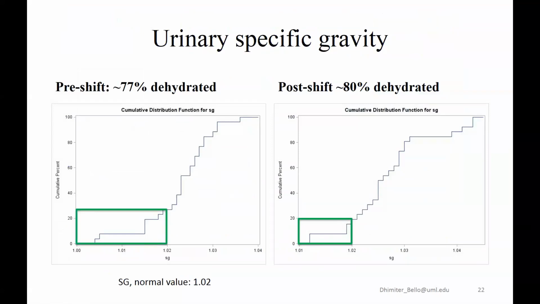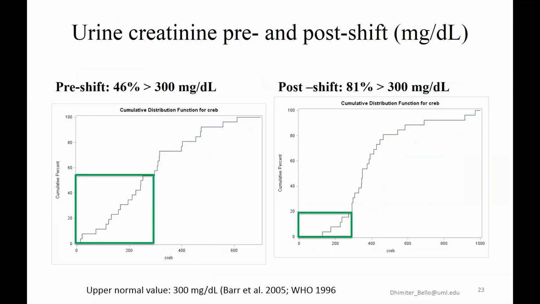bridges. Several of the sites that we measured, temperature outside was 90 to 110 Fahrenheit. In one of the cases, they stopped working because of imminent heat stress concerns. If you look at creatinine distribution pre and post shift, there is an upper normal value that